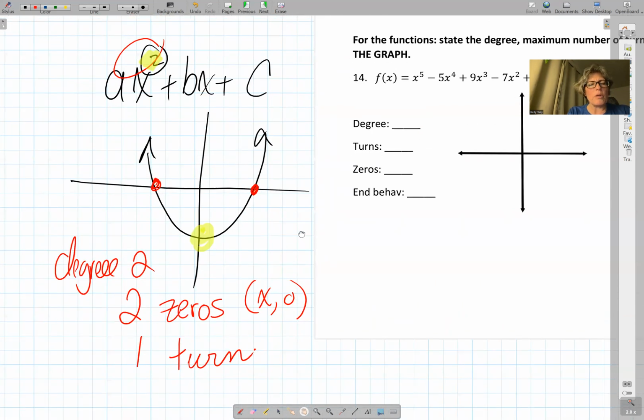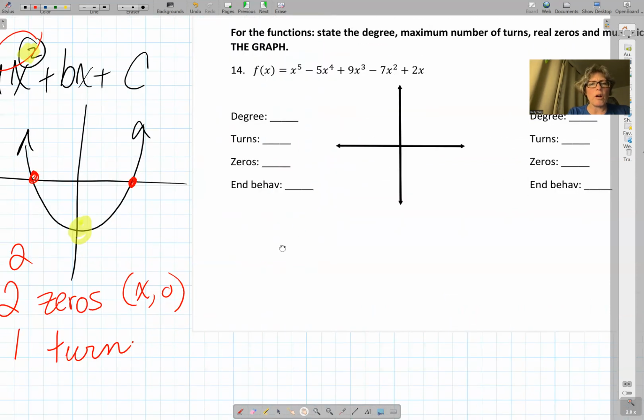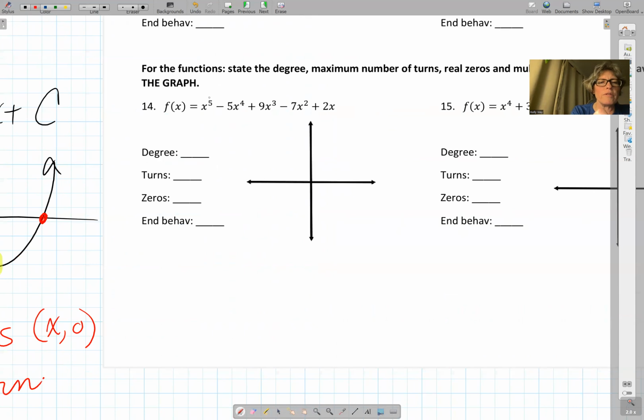All right, so that's just a simple process here. So here, our degree is 5. So we know that the degree is 5. One less for the number of turns. So it's going to have 4 turns. If the degree is 5, that implies there's going to be 5 zeros. And then the end behavior,